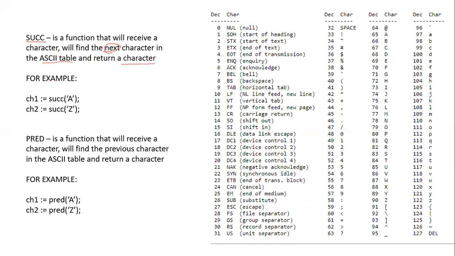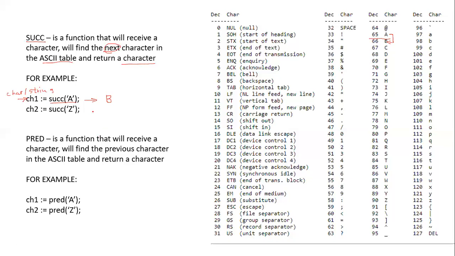character. For example, if we find the successor of A, we know that the successor of A in the ASCII table that we looked at is B. So SUCC, successor, will return the next value in the ASCII table. And in this case, the successor of A was B. The variable that it is stored in will be declared of type char,